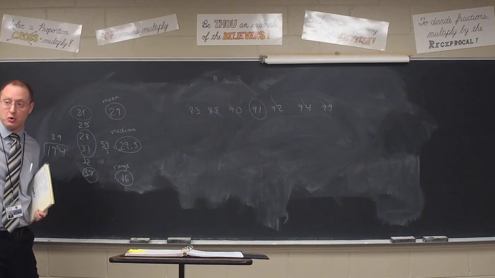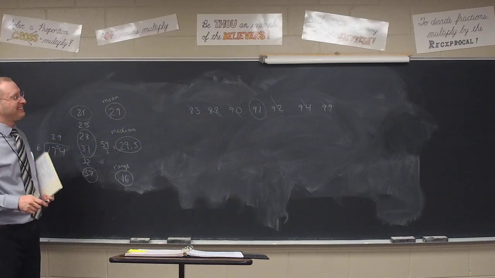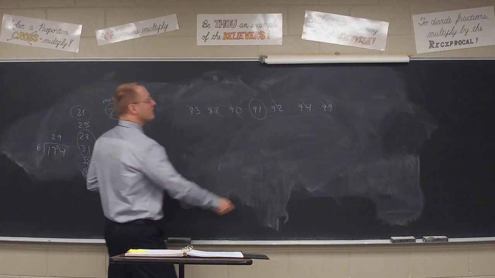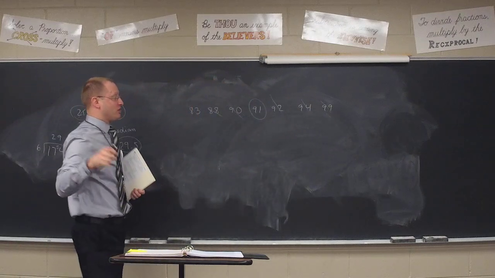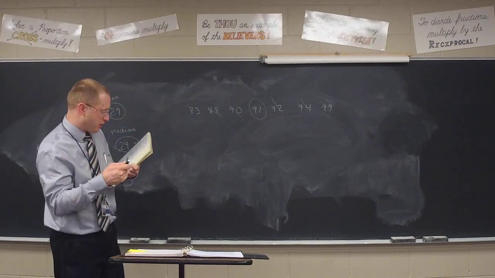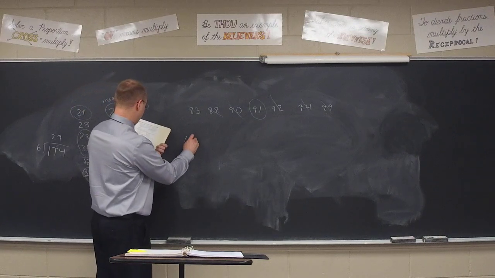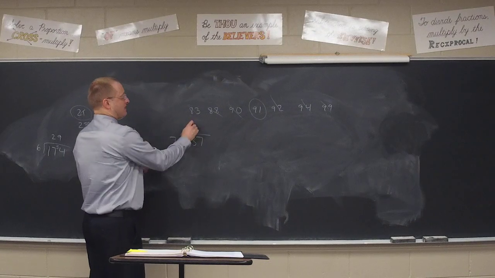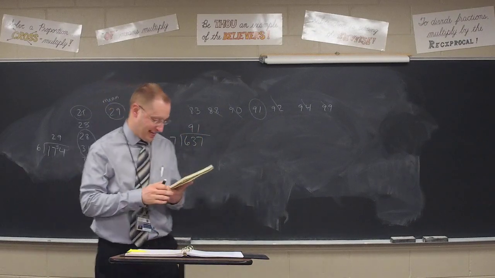Let's go back to Michael. We subtract 83 from 99. There we go. 99 minus 83 gives me a range of 16. And then for the average, again, you add them all together, and I believe when you add them all together, you get 637, which you divide by 7, it comes out evenly to the 91 mean.